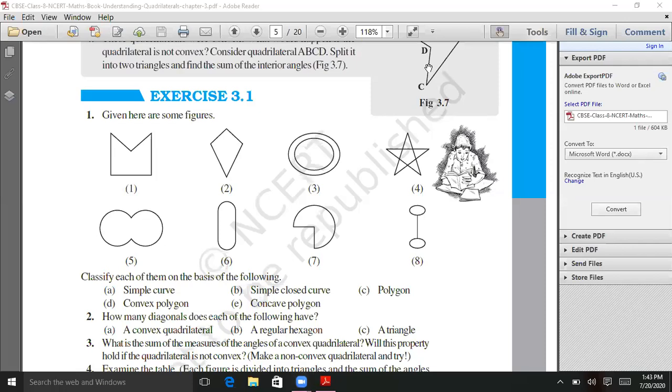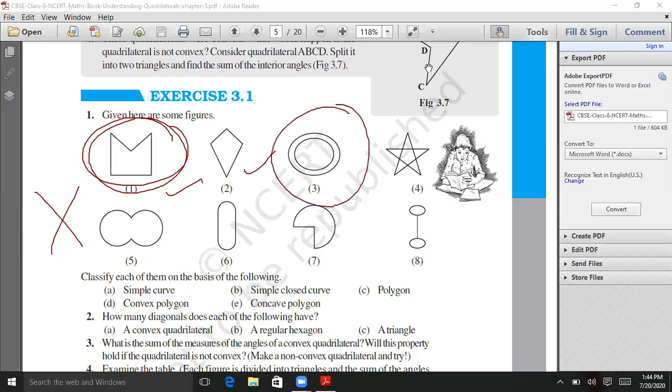See, there are no more turns. It's so simple. Turns, where curves cross each other, we can say they're not simple. It is simple now. Second is also simple. Third is not simple. Fourth is not simple, right? Fifth is yes, simple. Sixth, yes, simple.